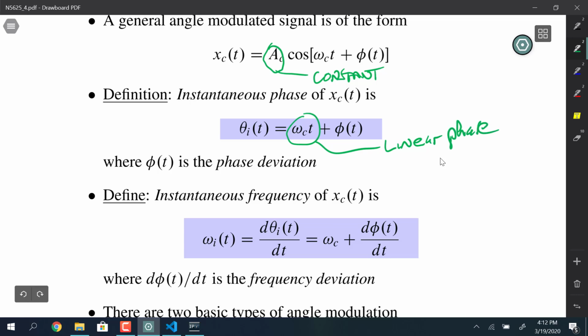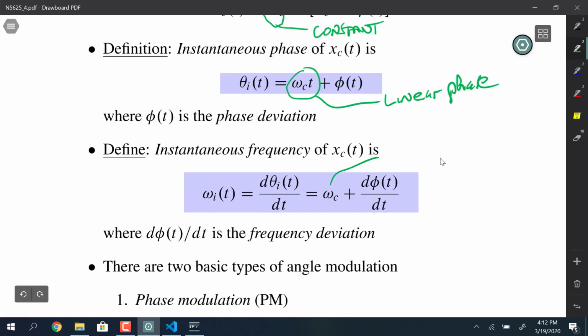And then you're left with just the phase deviation. Instantaneous frequency is the derivative of the instantaneous phase, and it's composed of a constant, that's the carrier frequency, or the nominal carrier frequency, and then the derivative of the phase deviation is how the frequency of the carrier is deviating around that constant